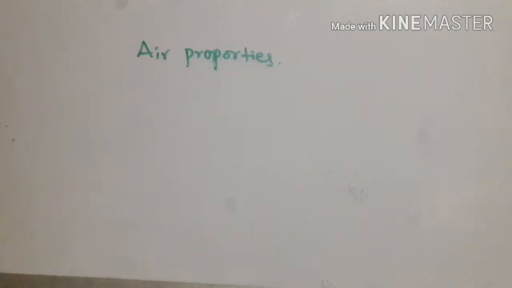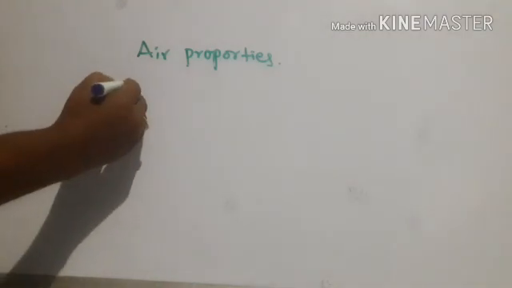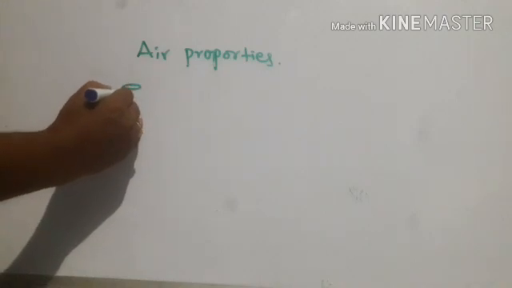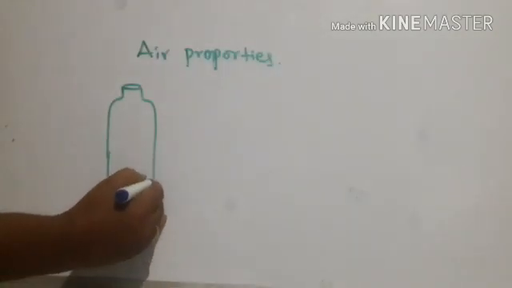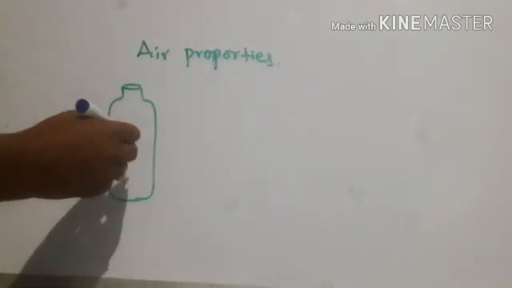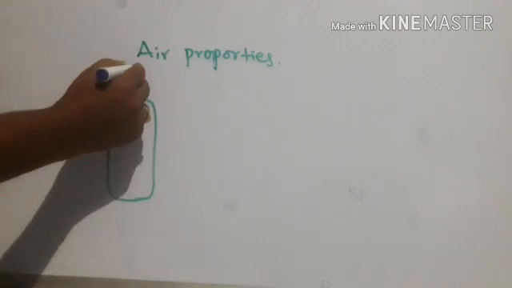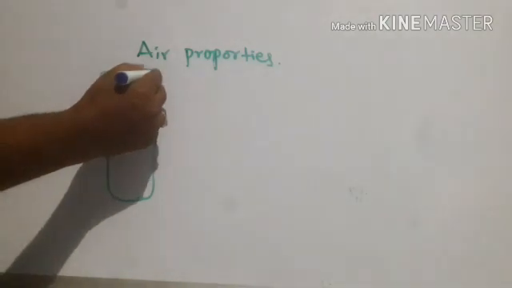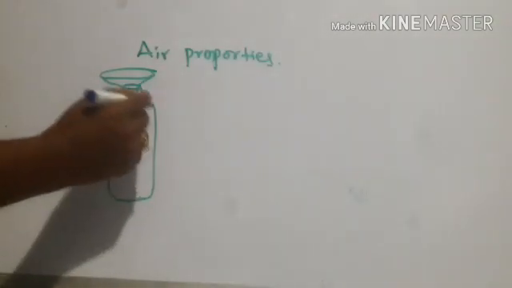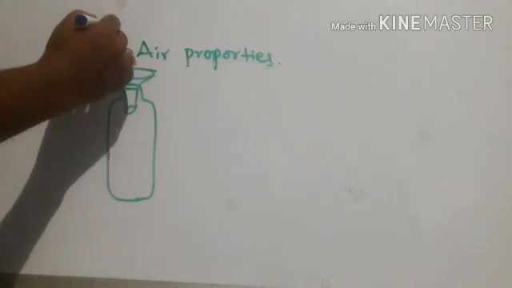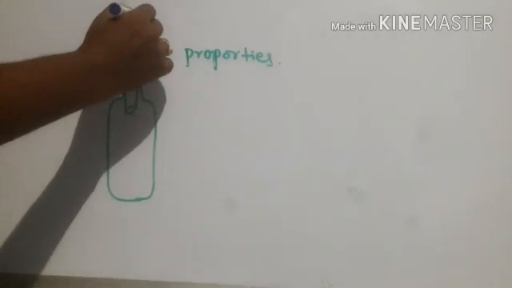To understand this we have a small lab activity. First of all, we have to take a water bottle, a general water bottle, right? Now fill this water bottle with hot water. Remember, you should pour hot water in this. So when you pour hot water, it shows the vapors. So it is hot water.